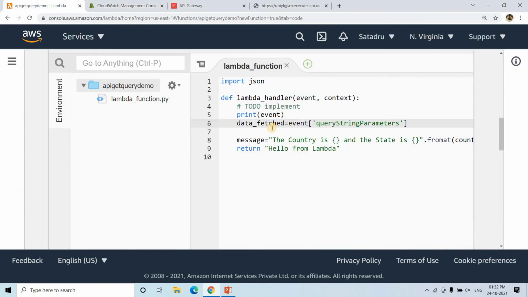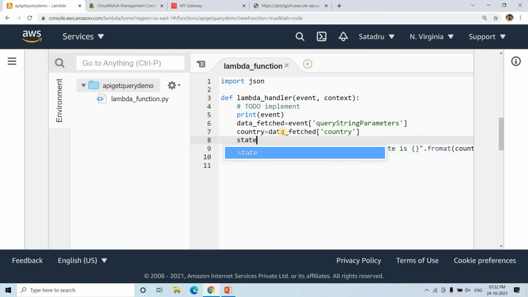So all we need to do is put here country equal to data fetched of country, that is the key, and state equal to data fetched of state. Okay,